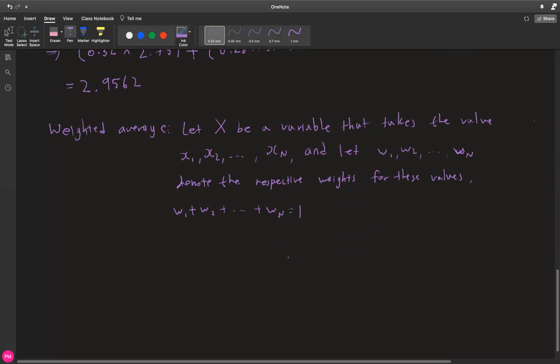Then the weighted average of x is given as such: w1 multiplied by x1, plus w2 x2, all the way up to wn multiplied by xn, and that is how you find the weighted average.